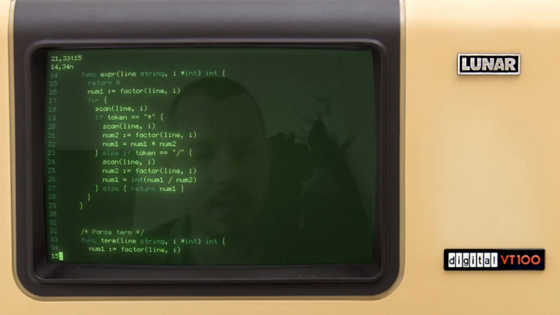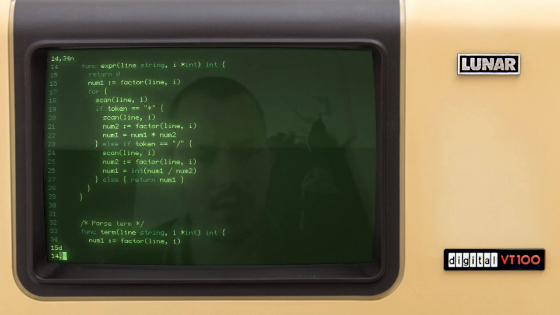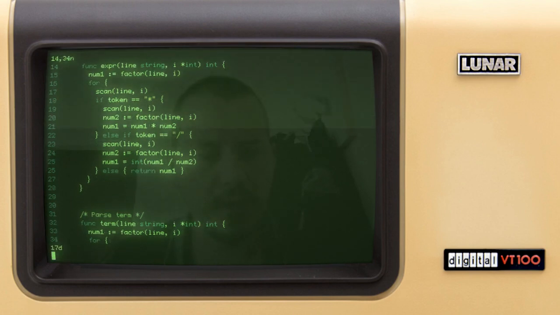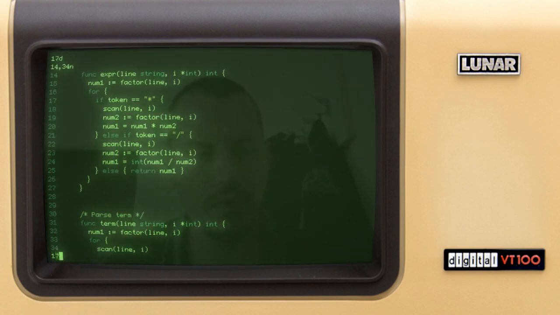So line 15, I don't need this. Then line 17, we also don't need to scan there. From the line 17 and up to the line, let's say 24, we need to substitute the